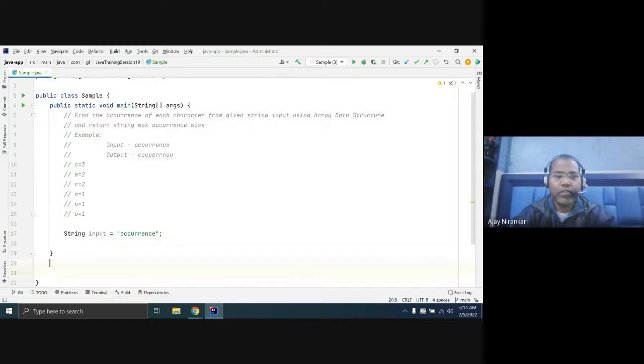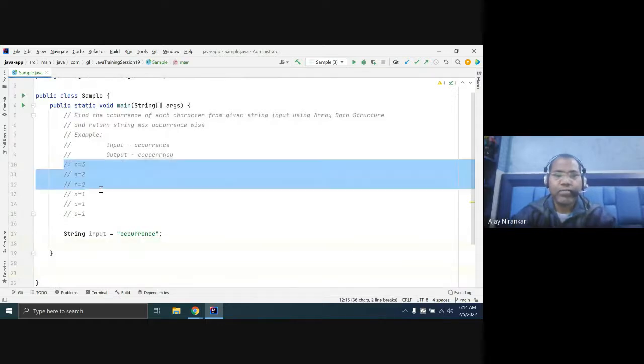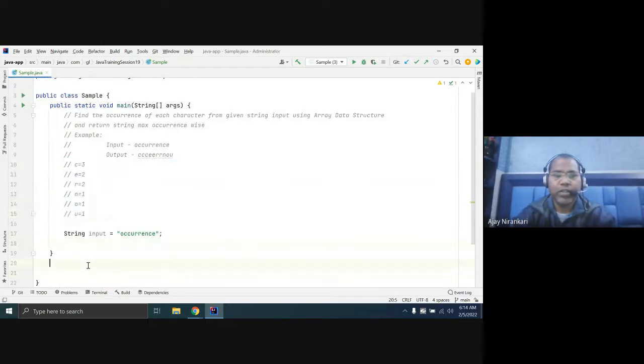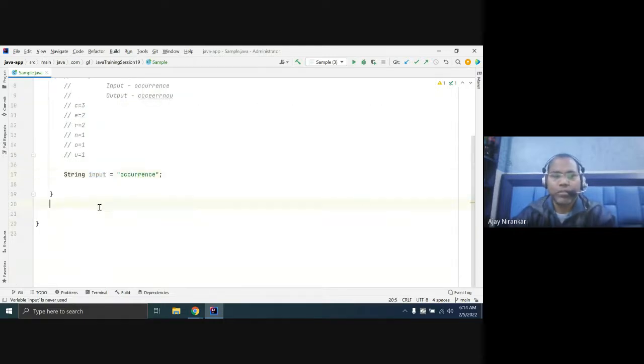So let us think. As usual, first we have to find the max occurrence, as you know. So let us write one general method that, if I pass one input, returns me all the occurrences. It is good practice to write a method.